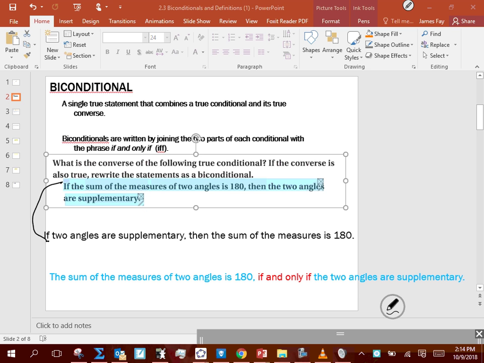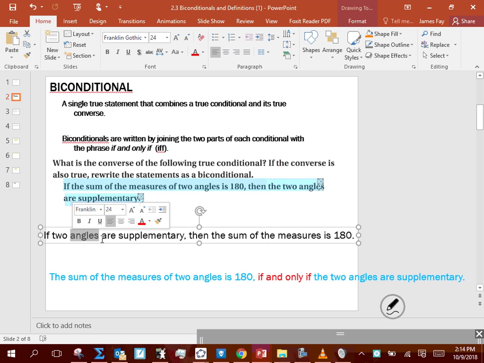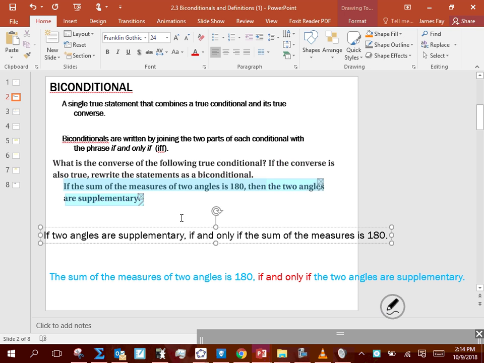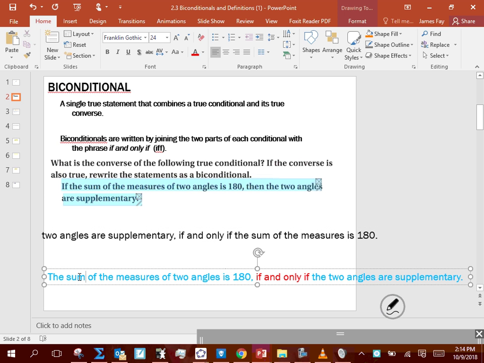Now, I took the top if-then statement and canceled out the then, replaced it with if and only if. I could have taken this one here, taken out this then, replaced it with if and only if, got rid of that if, okay? Because if this one was reversible, if I can read this left to right or right to left, when